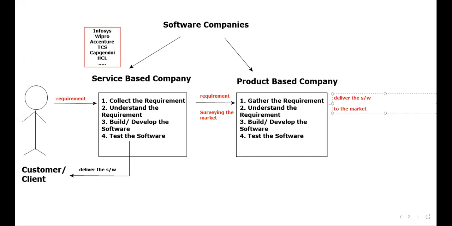Mark Zuckerberg, what he has done is he surveyed the market long back, I think 2008 or 2007. He surveyed the market and he understood: okay, people are struggling to communicate with each other. People are still using normal text messages. Some of the boys are sending only hi. Some of the girls are sending only bye. There are no emojis involved. We cannot send images, we cannot send video, and we cannot show our status, what we are currently doing. All those things we cannot show in normal text.